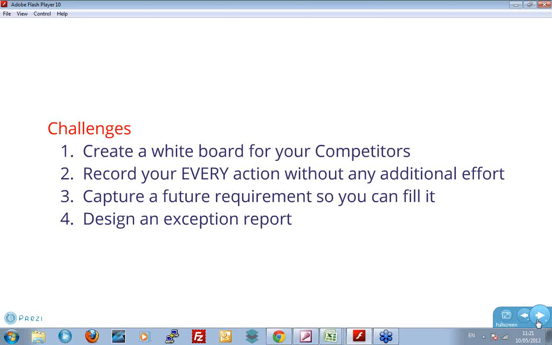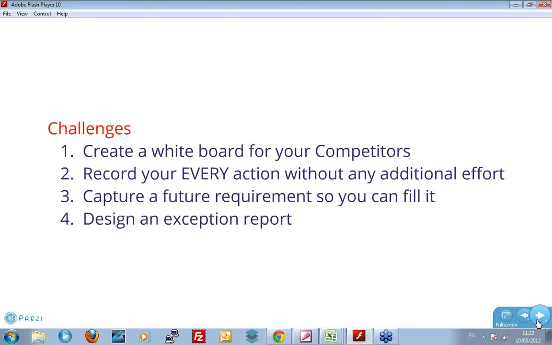Some of our clients specifically asked us to pull some reports together and work out ways to record this information. The interesting thing was we could work out ways of doing it that really didn't add an awful lot of overhead onto the time of the consultants, because it was the sort of questions they were asking anyway. We worked out a way that we could produce whiteboard type statistics for the competitors in the way that we were doing it for their businesses. So challenge number 1 is design a whiteboard for your competitors.